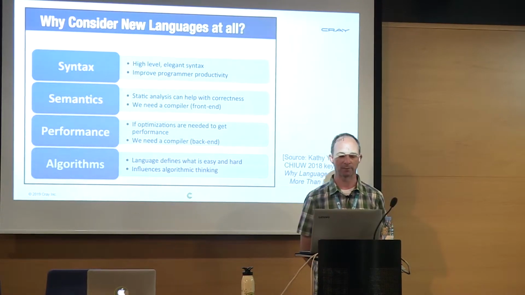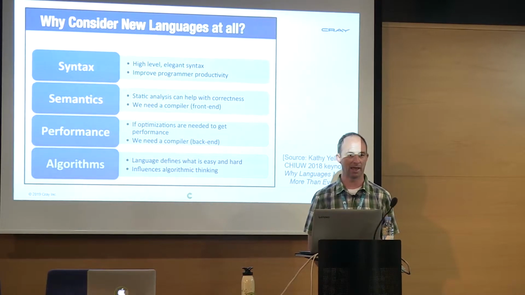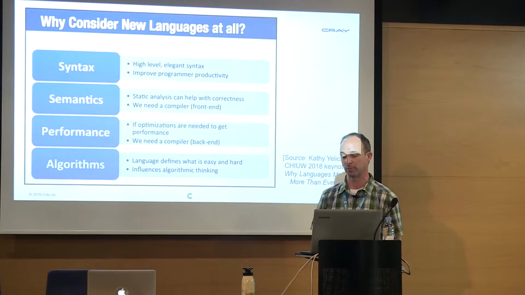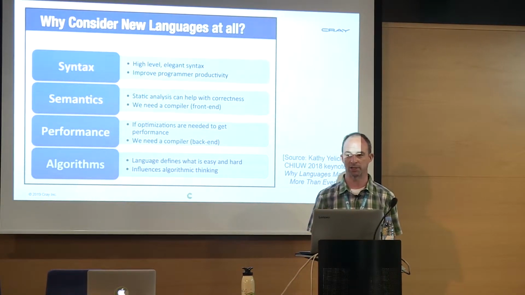They can have semantic benefits, where the compiler can help keep you sane and avoid common mistakes by looking at the code and reasoning about it and preventing you from doing things that aren't good. Getting good performance, because the compiler can implement optimizations that maybe you wouldn't have the expertise or patience to optimize yourself as a programmer.